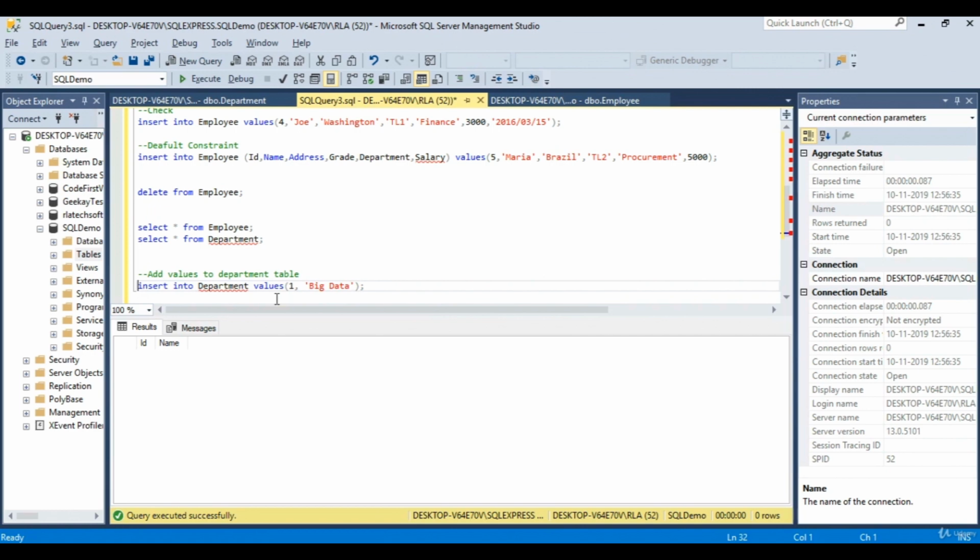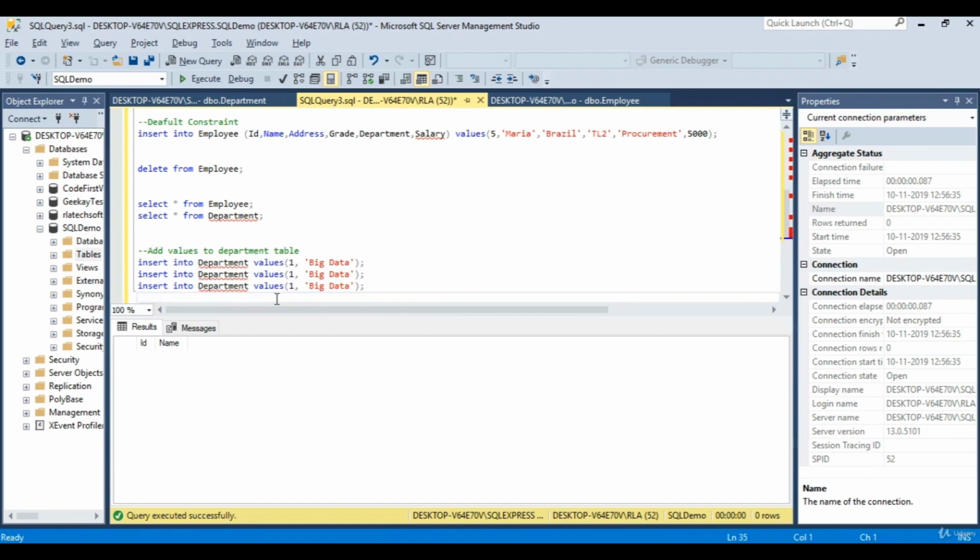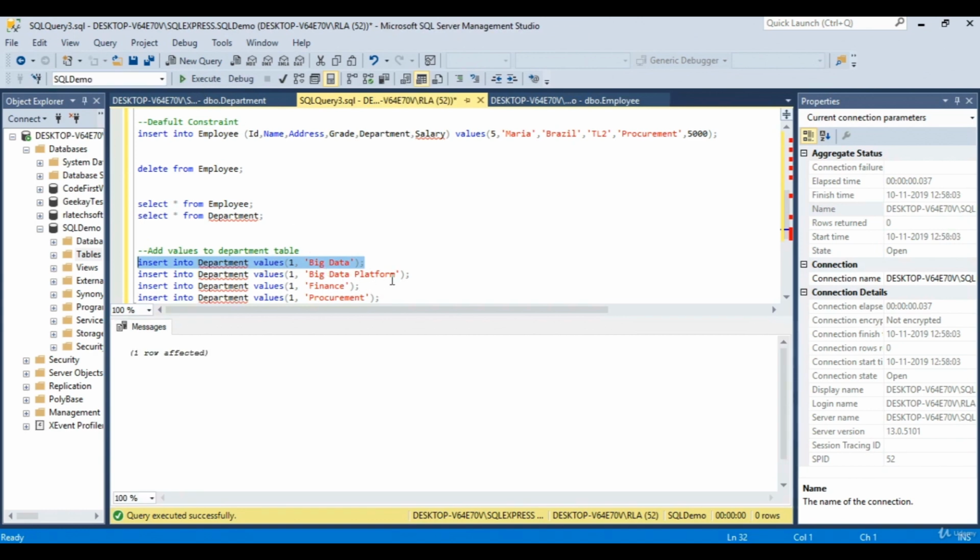okay, and finance. So we had big data platform and finance department and procurement department. So this is what we had, the different departments. So what I will do is I will go and insert these one by one,